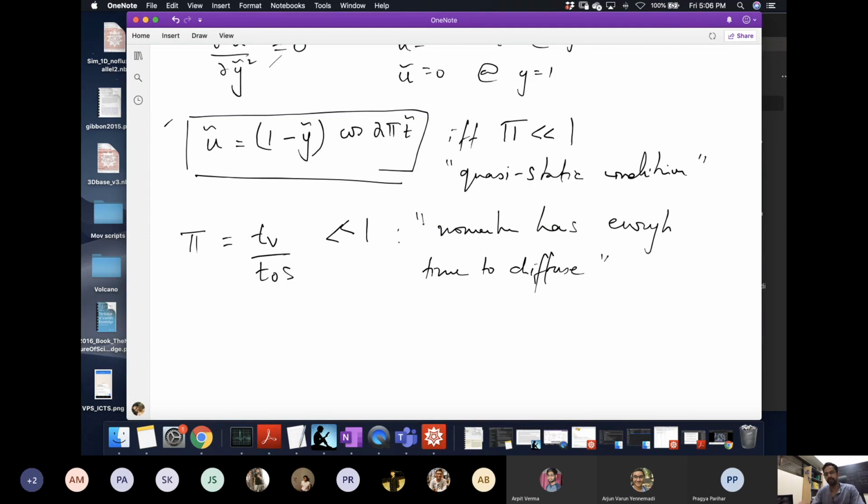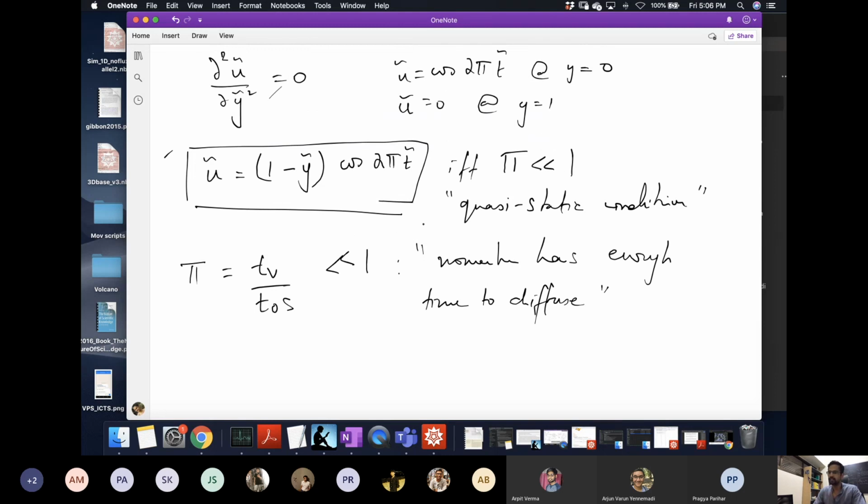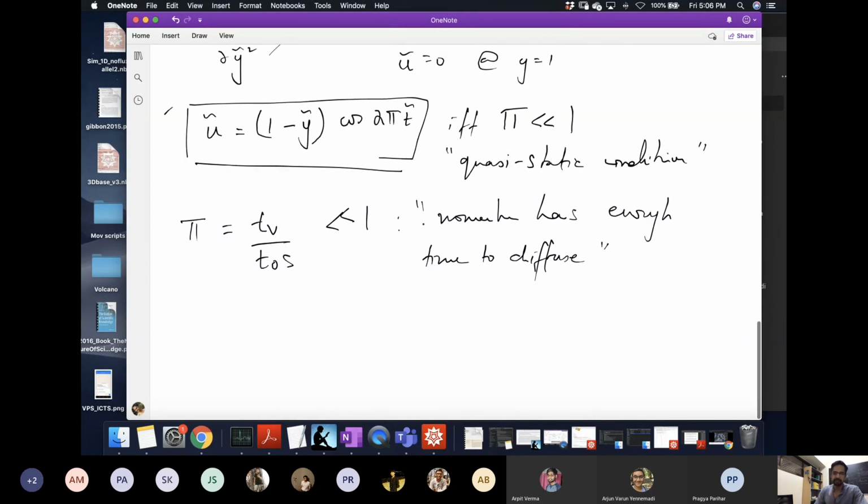So that means I'm oscillating my plate so slowly, its time scale is large enough that the viscous effects are able to transport momentum from the plate to the other wall and maintain a quasi-steady condition. So for the fluid, it feels like at every instant of time, the plate is actually at a constant velocity. So this is what one might expect in that mucus problem if the mucus layer is sufficiently thin and the viscosity is sufficiently large, and if the cilia don't beat too fast. Then you can just simplify the problem and assume that at any given time it's quasi-static and that you just have a steady velocity. Right, so that is one part of the problem. Any questions here?